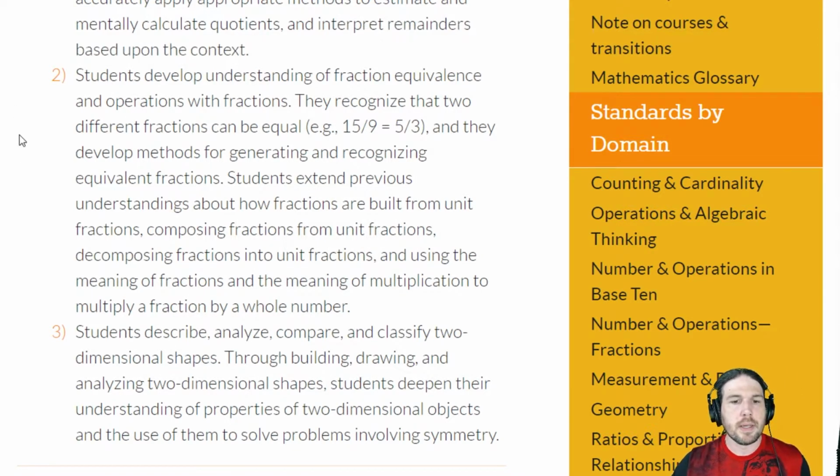Number 2, students develop understanding of fraction equivalence and operations with fractions. They recognize that two different fractions can be equal. For example, 15 over 9 is equal to 5 over 3, and they develop methods for generating and recognizing equivalent fractions. Students extend previous understandings about how fractions are built from unit fractions, composing fractions from unit fractions, decomposing fractions